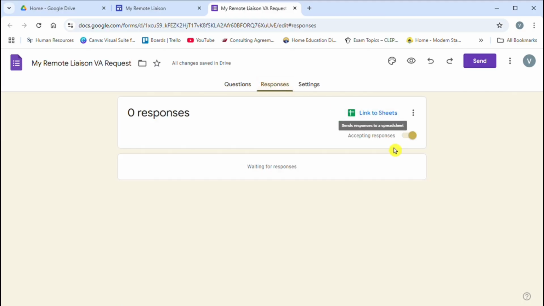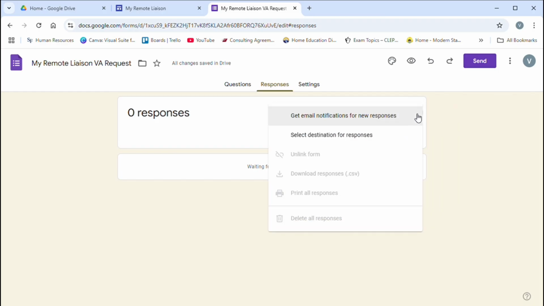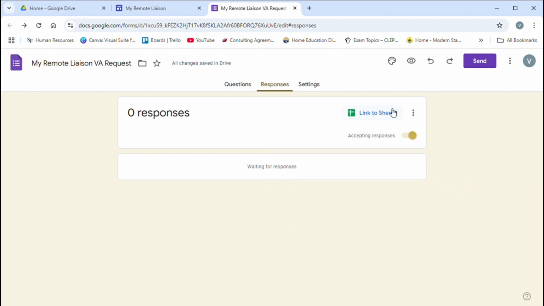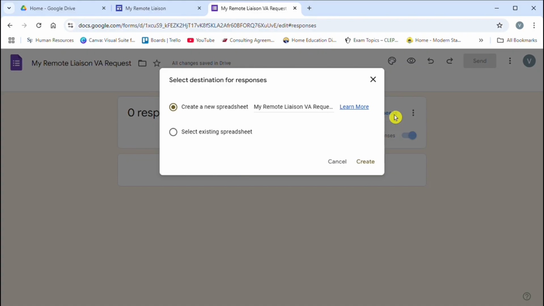Next, we're going to click on responses in the upper middle, and then we'll go to where it says linked sheets, and then select the 3 dots, and then you will create a form from there and make sure you have accepting responses on. So create new spreadsheet, or if you already have a spreadsheet pre-existing, you can link it